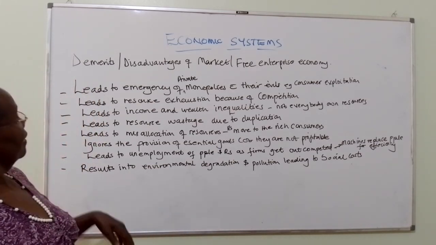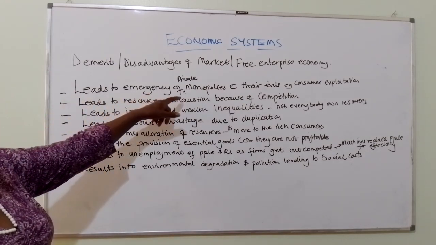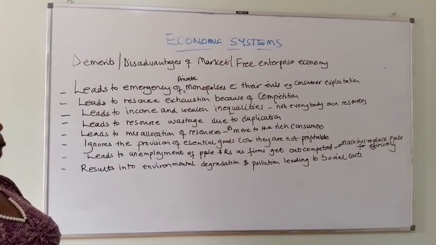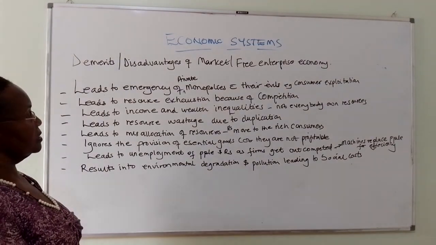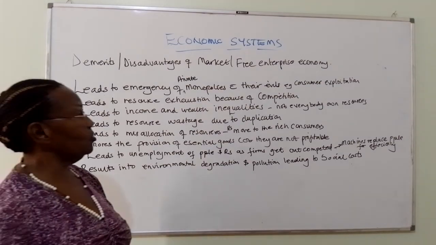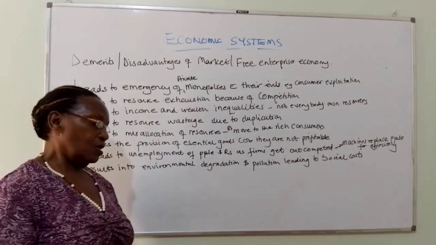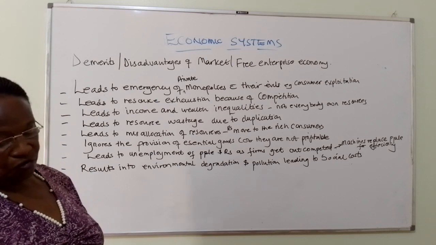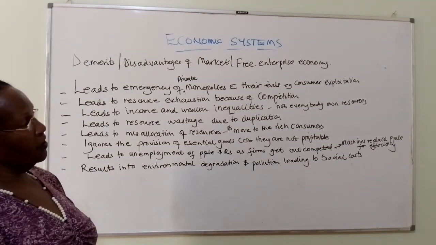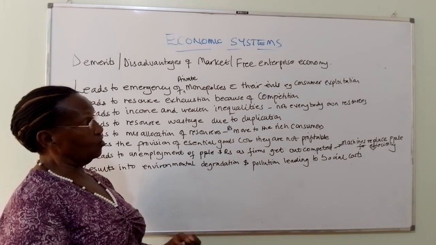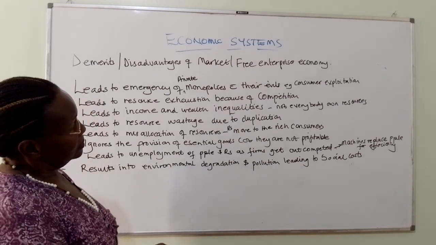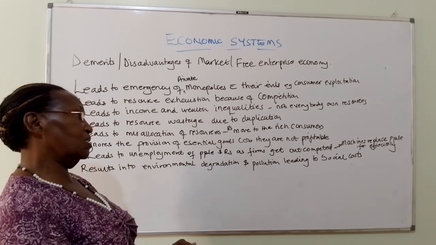We can see here that it leads to the emergence of private monopolies and their evils. How do these private monopolies arise? We've seen that in the free enterprise economy, there is freedom of choice. Producers and consumers have the freedom to choose what to produce and when to produce. And you find that since everybody is taking on production as the choice may be, some farms are inefficient, yet